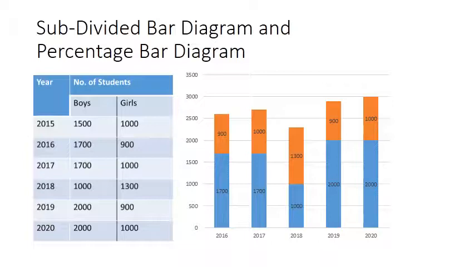So when the data is given in percentage, for that information we can use a percentage bar diagram. We cannot use a subdivided bar diagram, a simple bar diagram or a multiple bar diagram. So if the data is given in percentage, like I told you in a previous video, the percentage literacy rate of states of India, then that is in percentage. You cannot use a simple bar diagram or multiple bar diagram. You can use only a percentage bar diagram, but you have to show percentage.